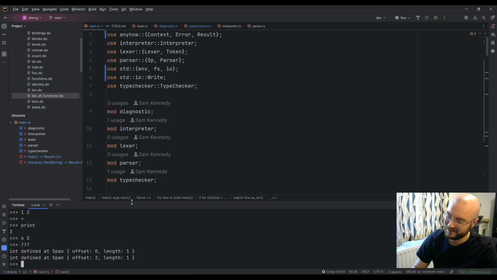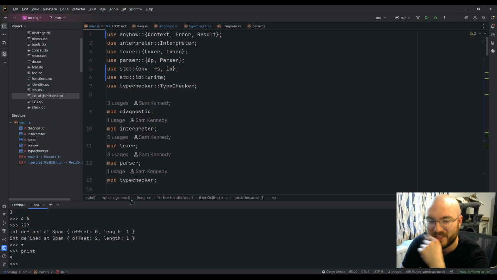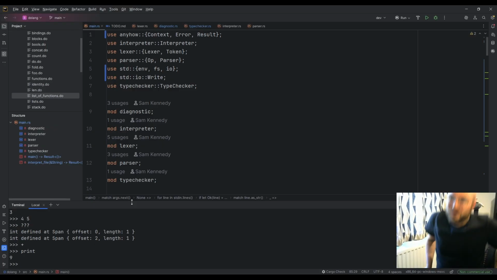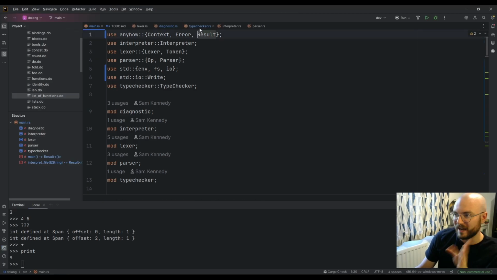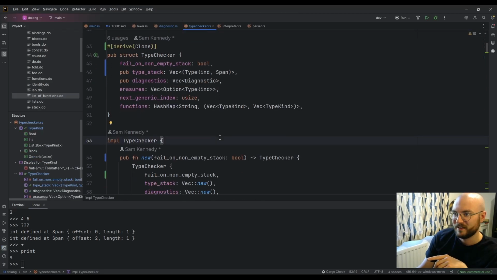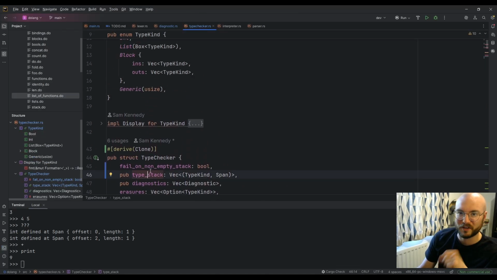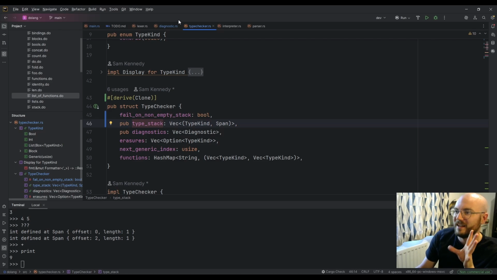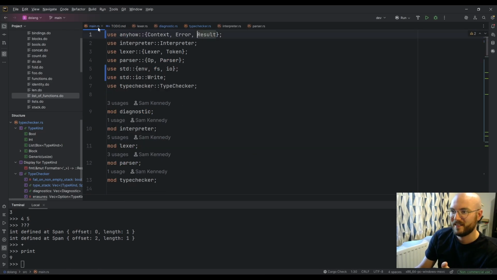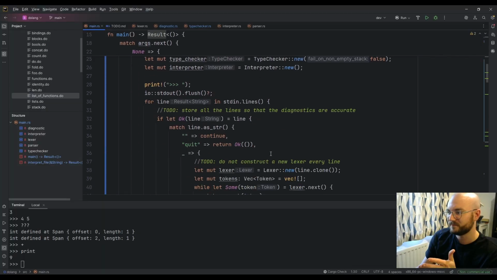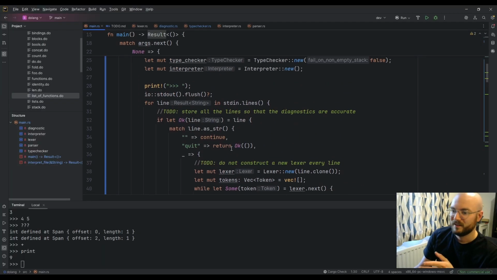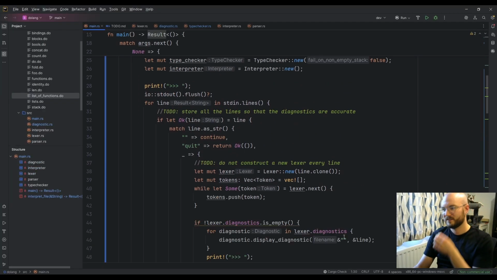Yeah, you get the debug information. This is really cool. I like how we really didn't have to change that much for it to work. All I had to do was add a flag to the type checker and clone it every time to make this work. And you kind of have an interactive do. That's quite cool. Okay. That's fine, I guess.